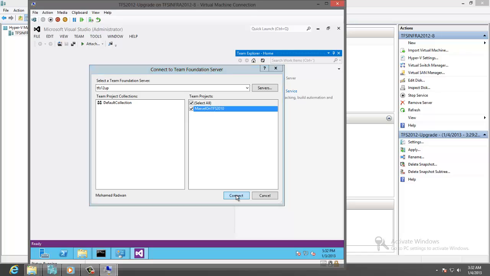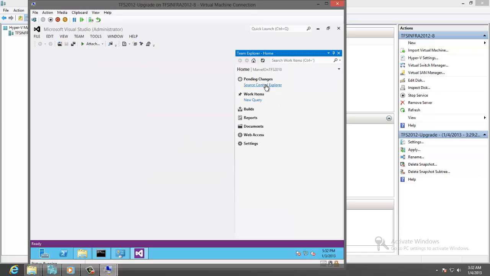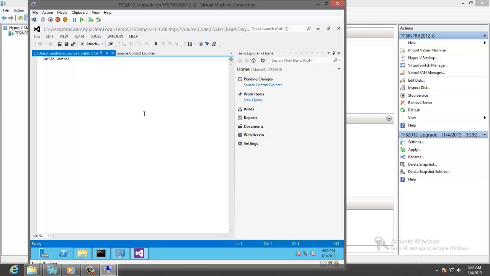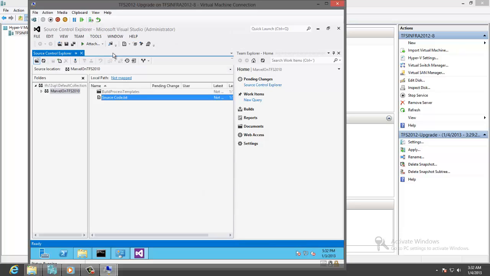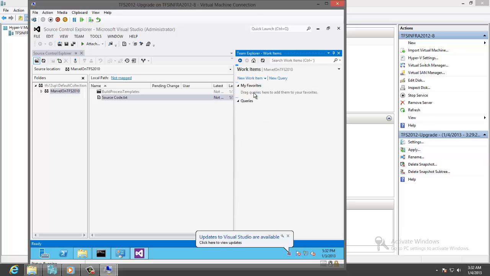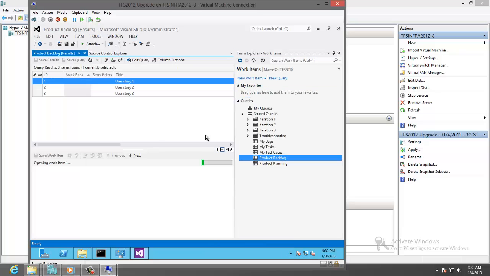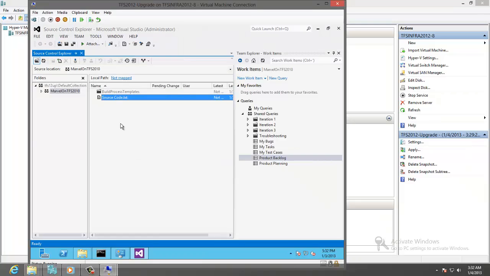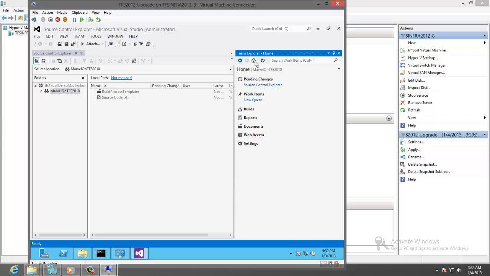Let's check for the feature. Let's go to the source control. The source control now is upgraded successfully. We have the source code. So let's go to the work items, query the backlog. We have all the user stories. Let's go to the SharePoint documents,